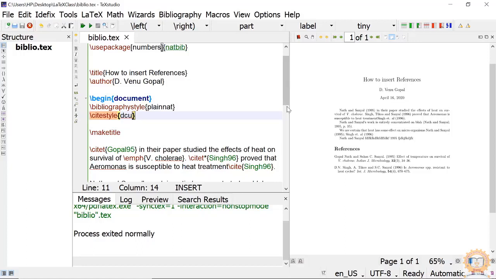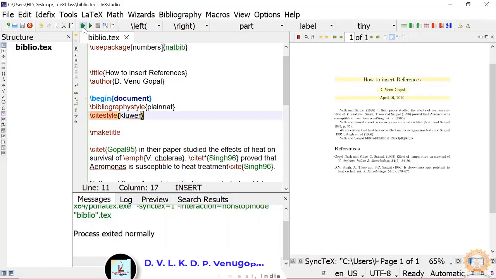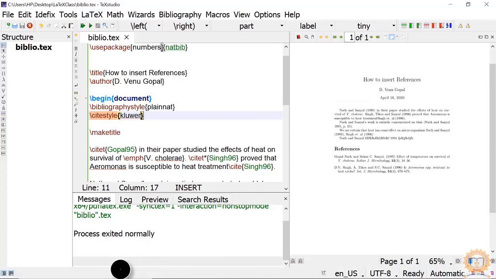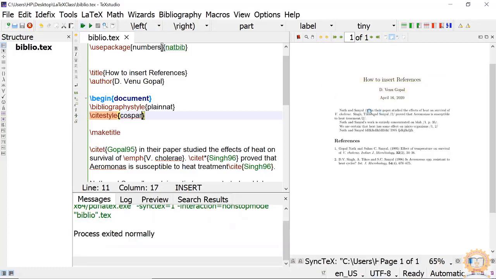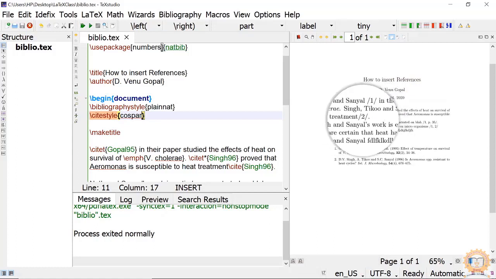And you have Kluwer, also just like that. Yeah, Cospar. This is the Cospar style.